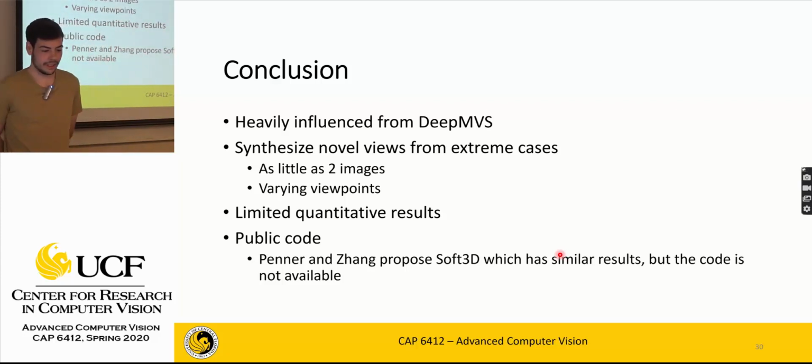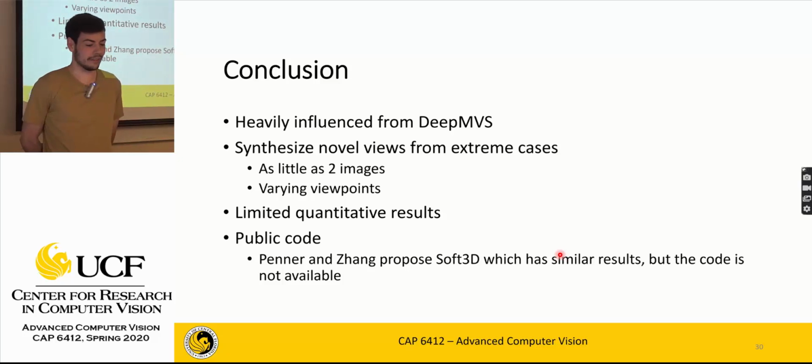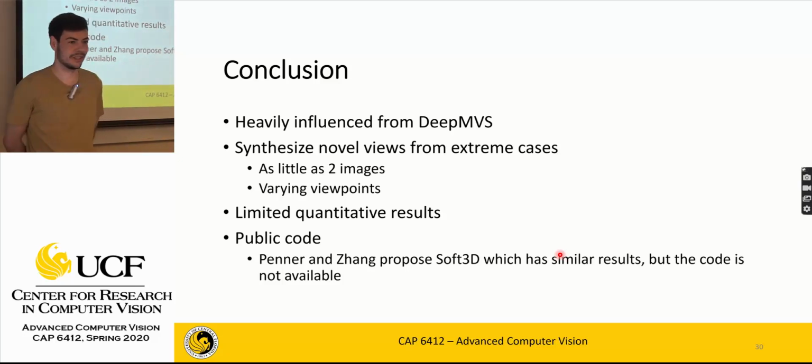So to conclude, this network and architecture is heavily influenced by DeepMVS. You could even argue that the whole paper is essentially DeepMVS just restructured, because the actual depth probabilities come from the DeepMVS network, and the refinement is also used within the DeepMVS network. So it's essentially just rearranging the network to get better views. The only difference is that they actually synthesize the images in this paper. In addition, they show that they're able to synthesize images with clarity with as little as 2 images and from